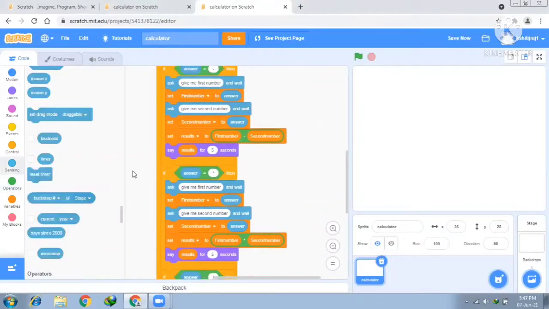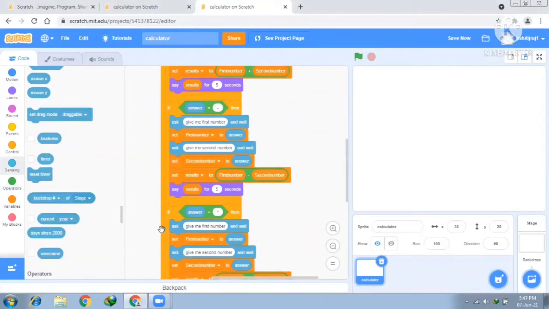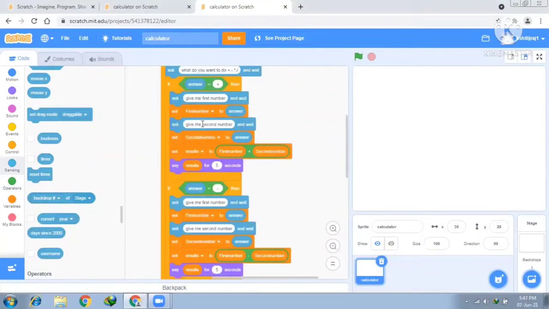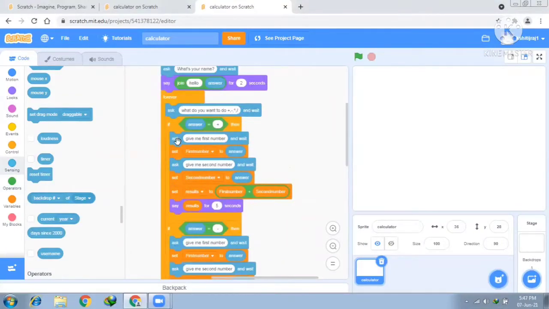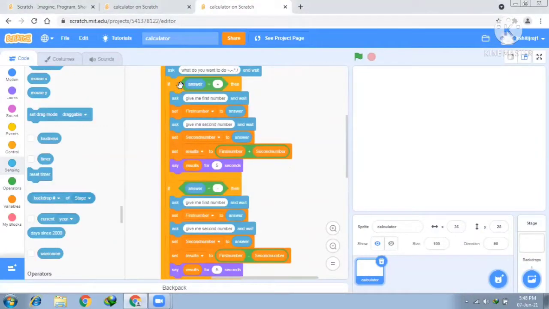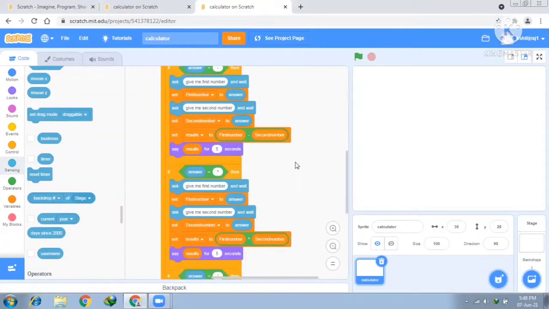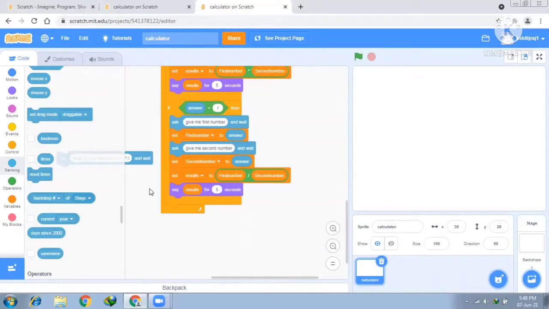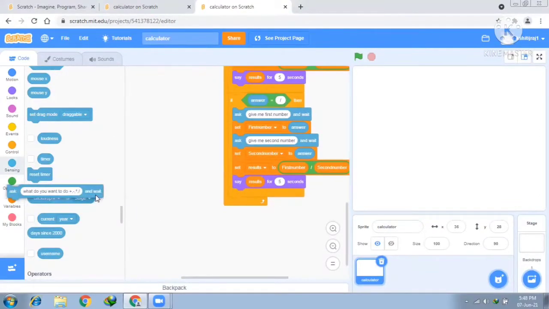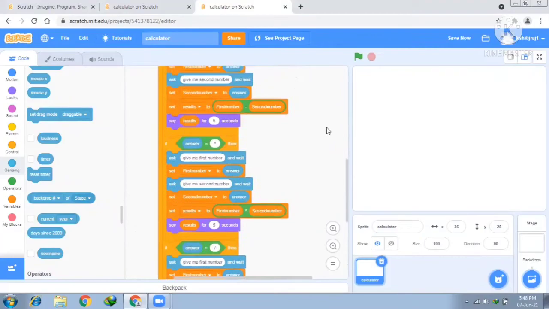We have to ask once only, and then put all the if-thens below. Like this, see here: ask what do you want to do, and then if answer, then we put an ask again, but we don't have to do it. We just have to start the if-then.